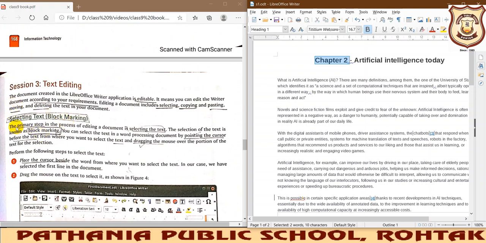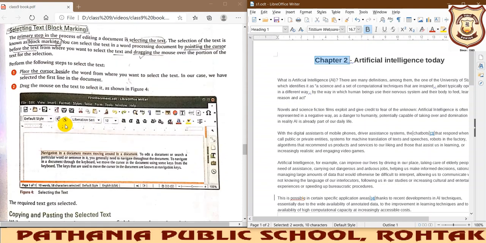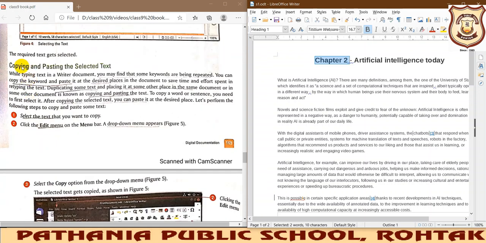You just need to write this definition, block marking, okay, and then just write the main points, means the selection of the text, okay, with the help of mouse is known as your block marking. Okay, then copy paste, you just write the methods, no need to write so much of the text.